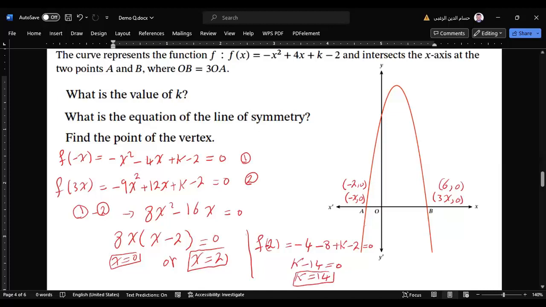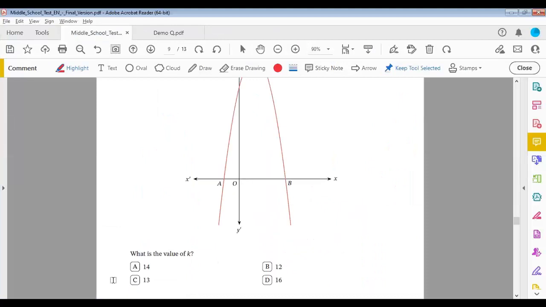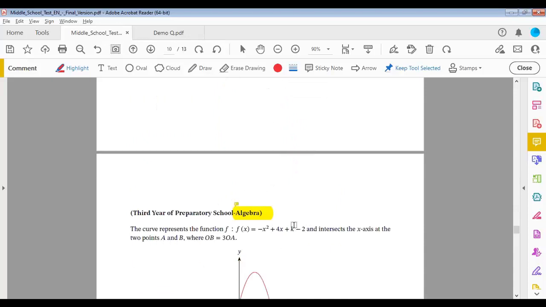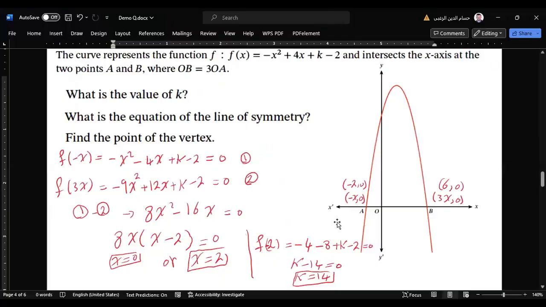So the answer of this one, here he said find the value of k. K will be 14. And when k is 14, the equation becomes like that. If we substitute k equals 14, the equation will be